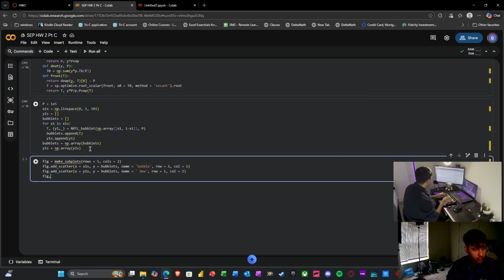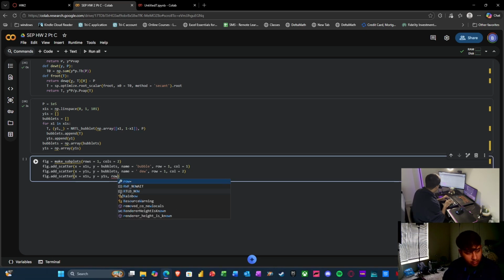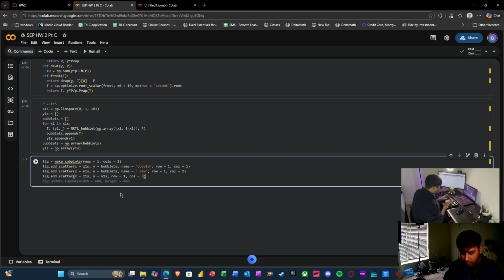And then we're going to add another line of code, which states that x is x1s, y is y1s, and then we're just going to add our row, which equals 1, column, which equals 2,